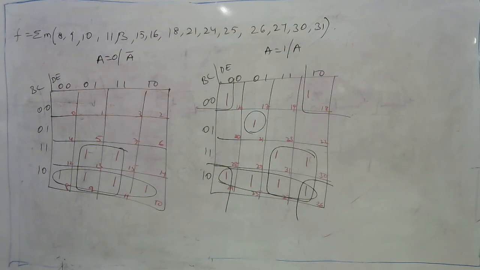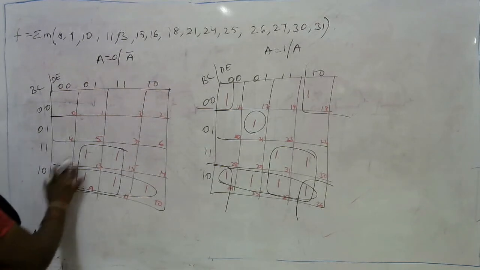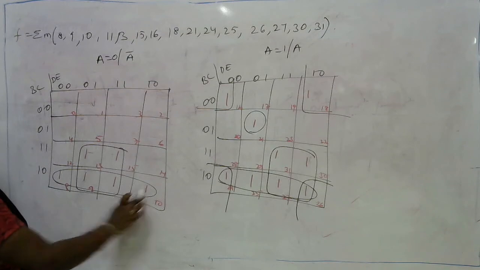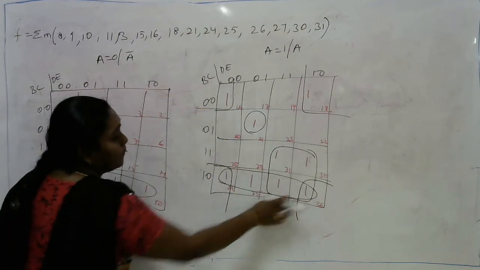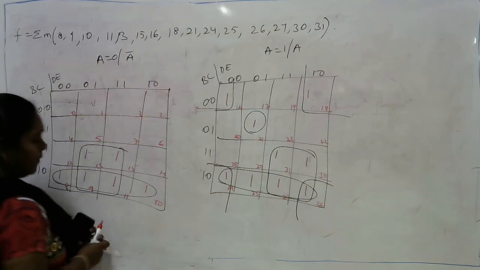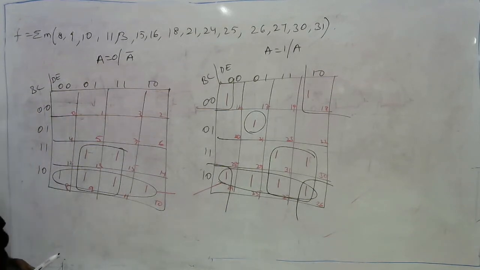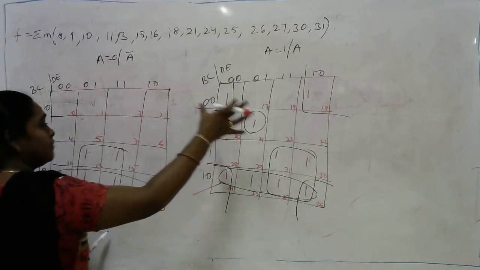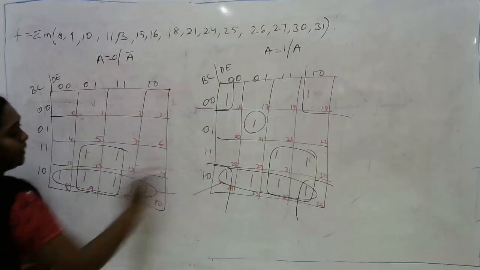Now, after this, what we need to do over here is check where the same exact positions are present. If I see the first 16 cell K map, all the four ones present in the last row are combined. Similarly, in the second 16 cells also, the complete rows are combined. So now these four rows, this quad and this quad, become an octet. If you are considering only one K map, it is a quad. As I am superimposing the complete second K map on this K map, these two will become an octet.